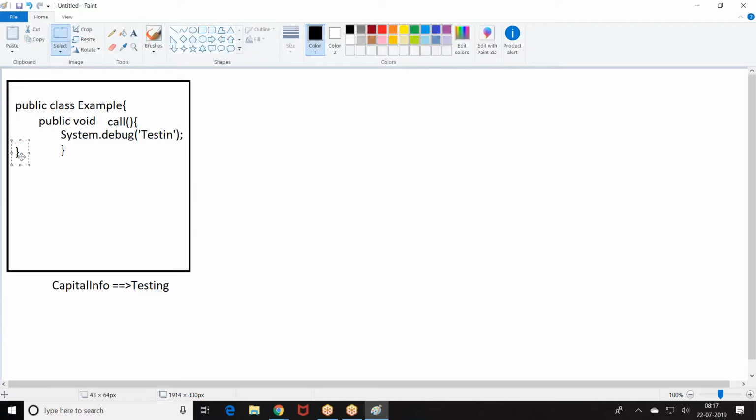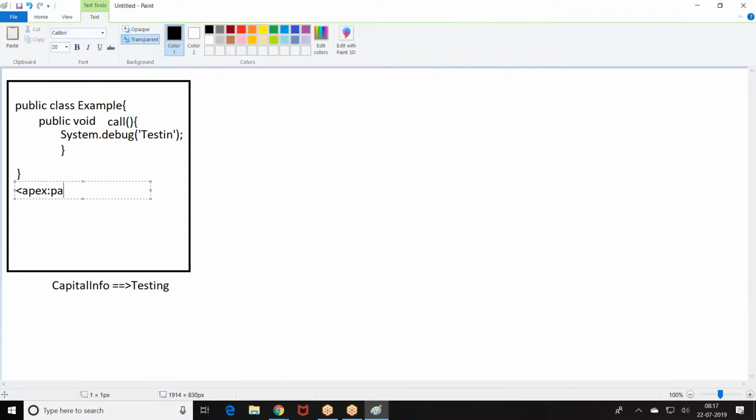The package contains one class and it contains one page. These are the elements which are added in the package.